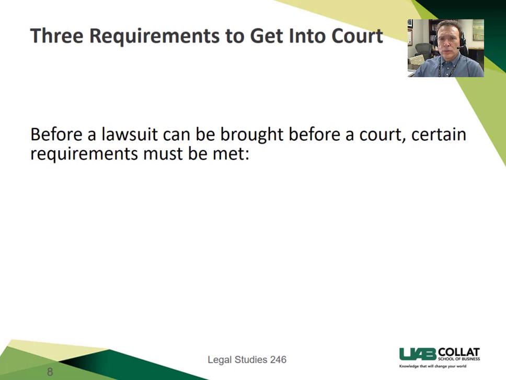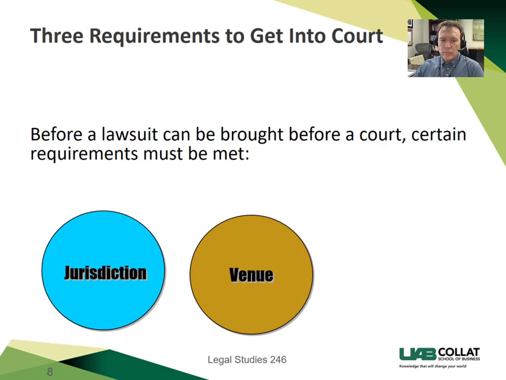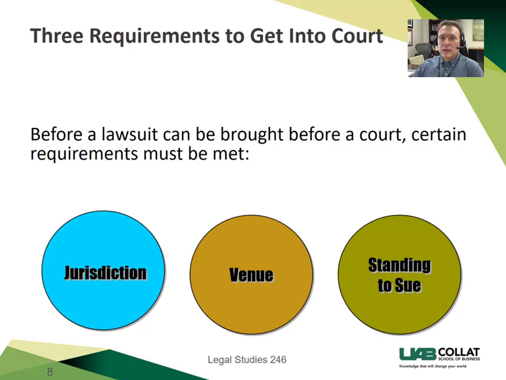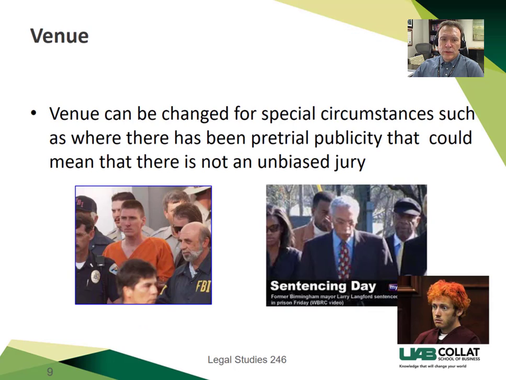Please take a look at an example of the concept of judicial review in the NBC Learn video in this learning module. There are 3 requirements to get into our court system. One is that the court has to have the power to hear your case. That's sometimes called jurisdiction. The second is that it has to be the right court. There may be more than one court that could hear your case that would have jurisdiction. Venue is a concept of being the right, most convenient court, the fairest court. And then finally, you have to be the right person in front of the court. So we will be looking at all 3 of those concepts.